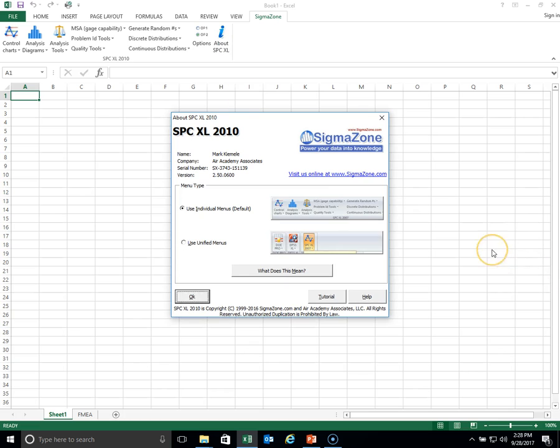The last thing I want to talk about here in SPC XL is this item called About SPC XL. If you click on there, it will tell you the serial number, this is your serial number that gives you the license to use the software. You have the version number right here. There are some other things here that I'm not going to talk about, but I am going to talk about